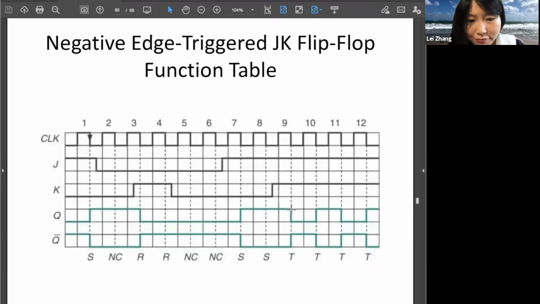So the previous value of Q is 1. At the ninth falling edge, it needs to toggle, so that means change from 1 to 0. That is the toggle function here. And because we keep J and K equal to 1 for the next three falling edges of the clock,